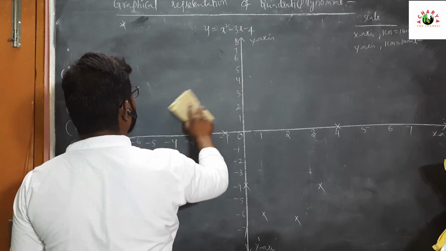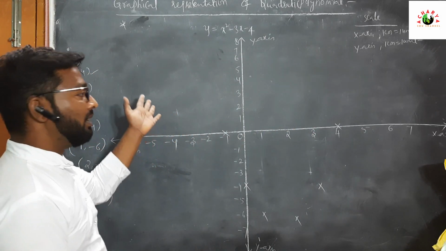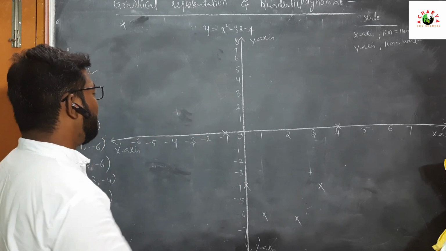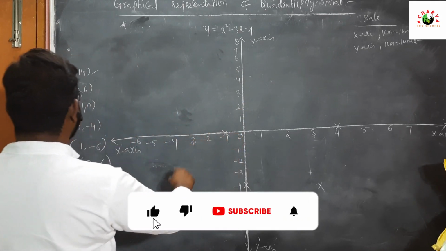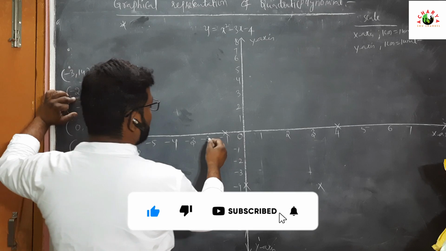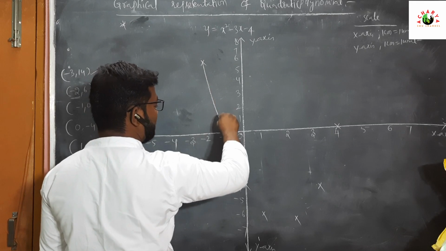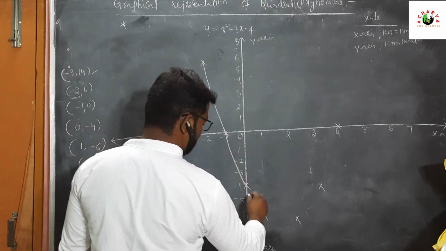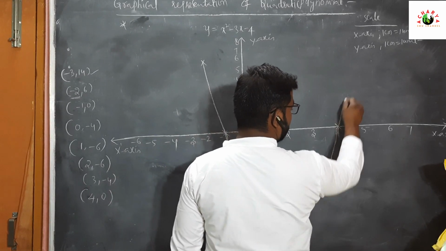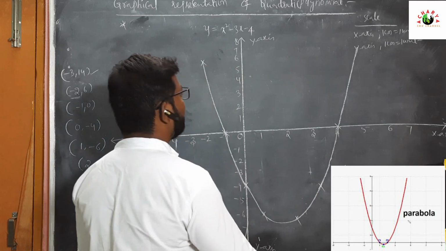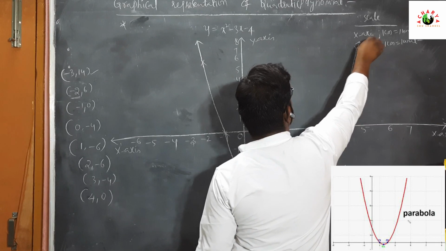Now when we join the points, this is not a straight line like a linear polynomial. This is a quadratic polynomial, so completely we have to draw a curve shape. Here the marks are at -3, and -2 comma 6. From here we can start to join the lines. Extend the lines, and afterwards finally put arrow marks. It is better for getting good marks.